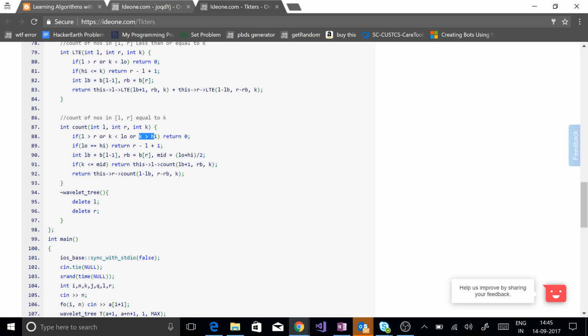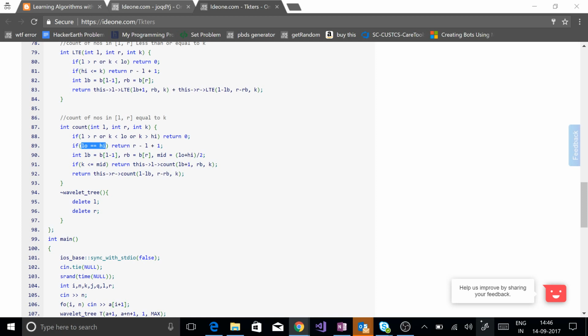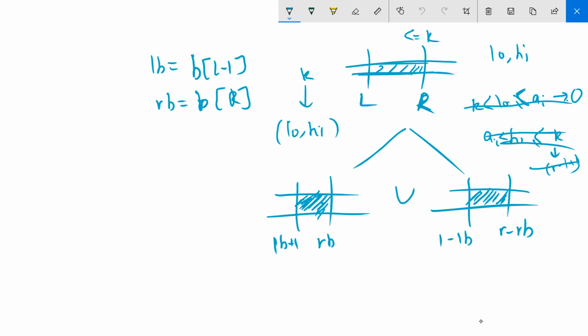And if k is greater than high, again, no element in this node can be equal to k. Otherwise, if low is equal to high, so if this is a leaf node, leaf nodes have exactly interval size 1. Sorry, it's too overwhelming to explain this after 3 months.